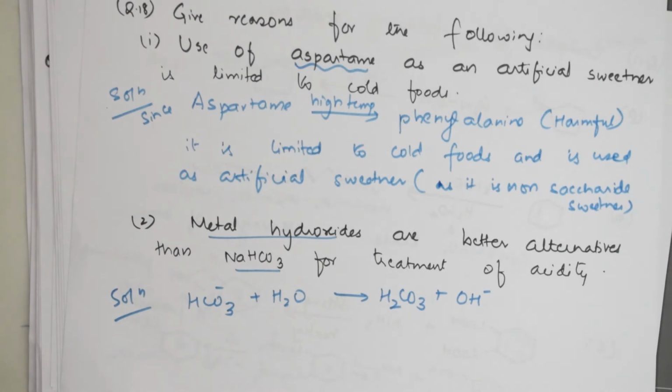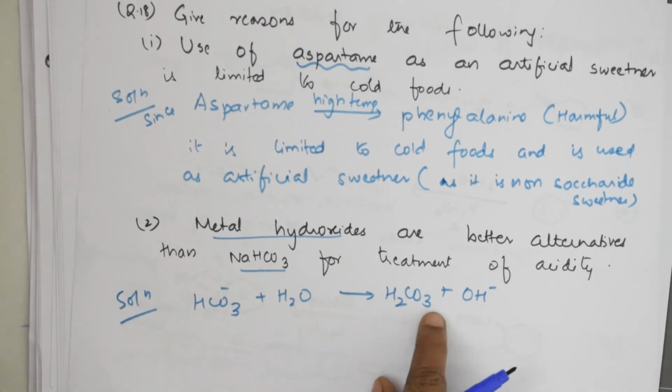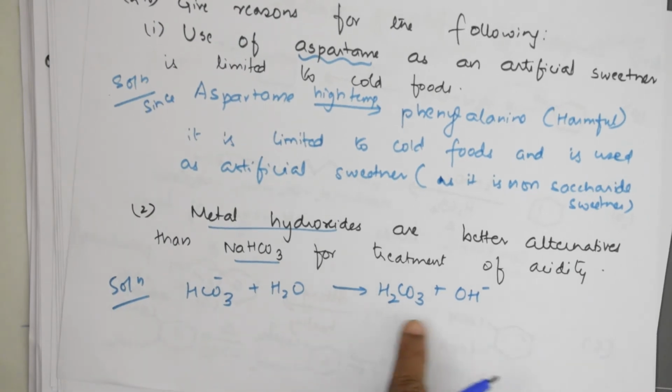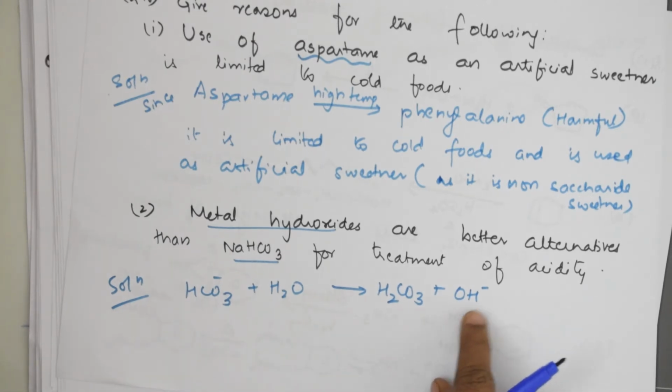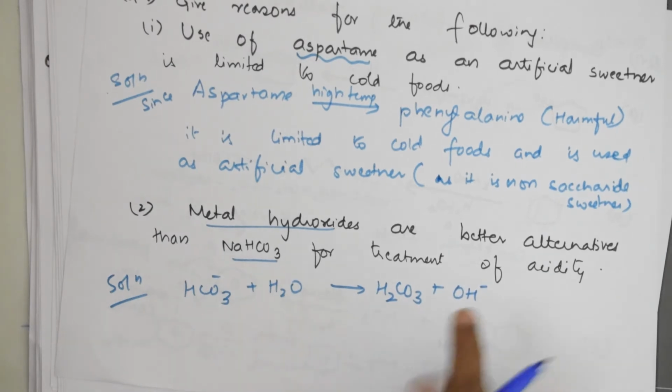Done? Fine. So what is now increasing? Here hydrogen carbonate releases more OH minus, to reduce acidity. So what will happen? This will make the stomach alkaline in nature. Correct? So you will write this reaction and say